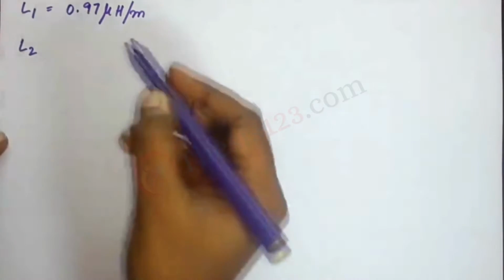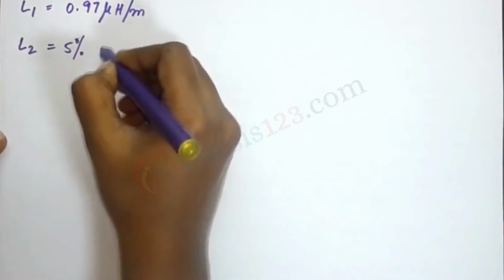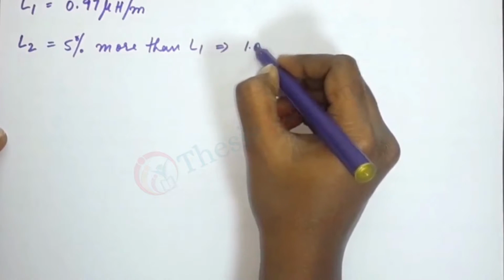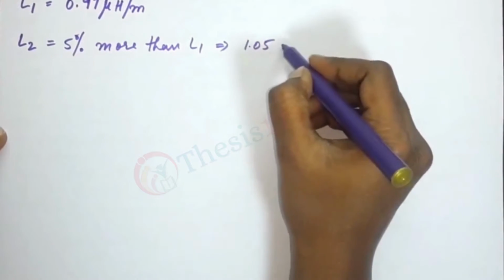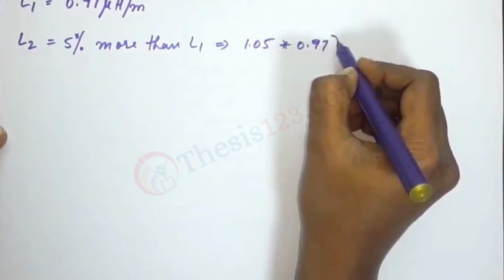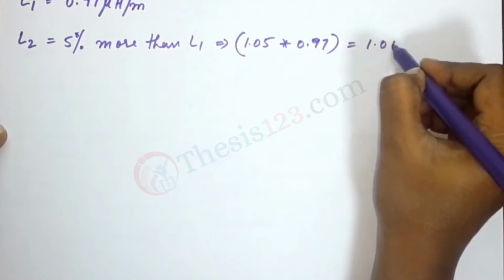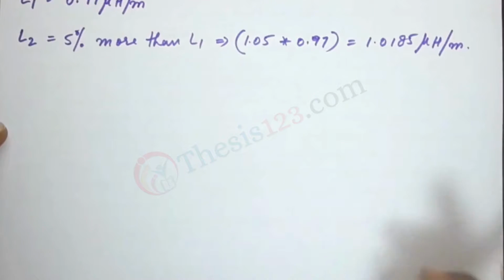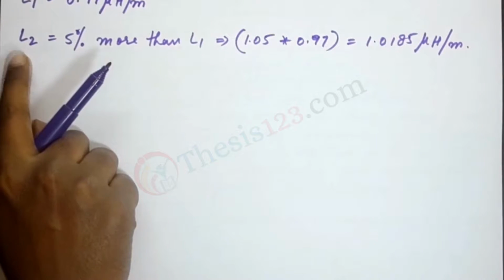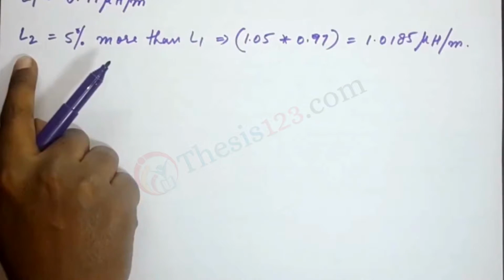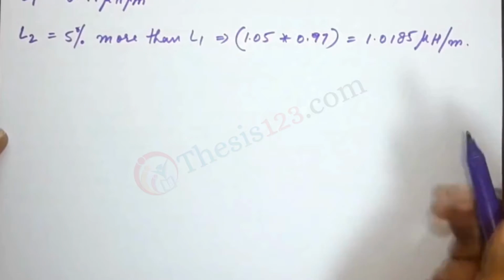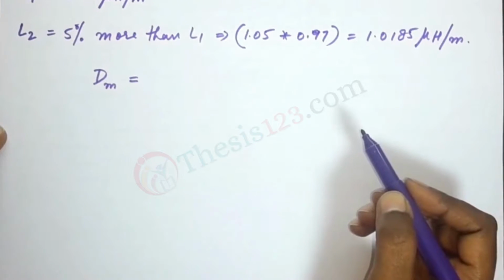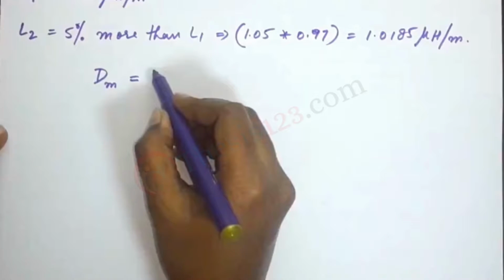Now the question says that it is 5% more than L1. That gives us 1.05 into 0.97, which gives us 1.0185 microhenry per meter. Now that we have our value for L2, we can use it to determine what d is. The next thing is that Dm, the distance for a single three-phase circuit, can be represented in the form